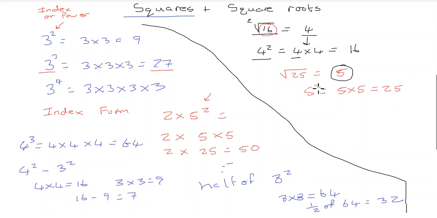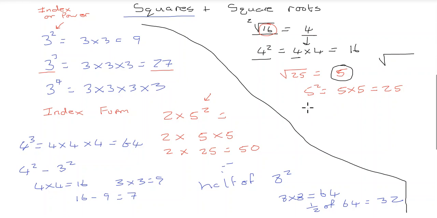So basically, what you're looking for is the number that, when you multiply it by itself, will give you the number that's inside this symbol here. And this symbol means the square root of. Some questions that you could be asked: